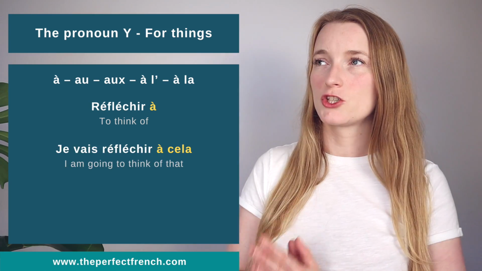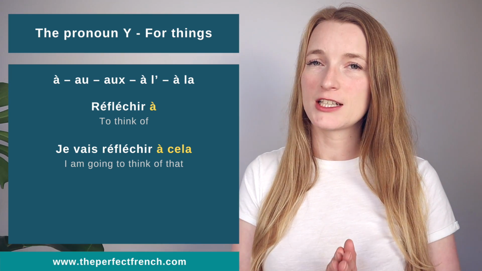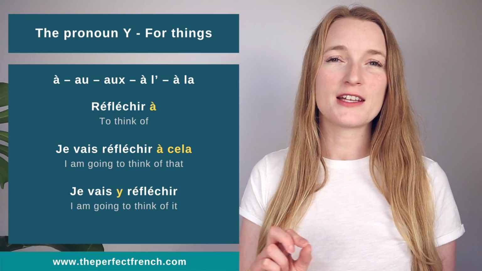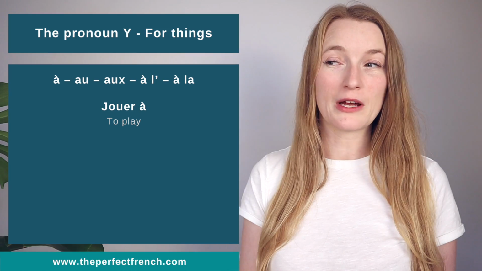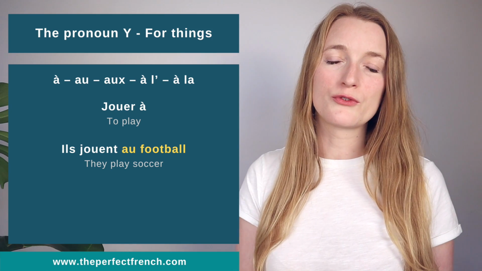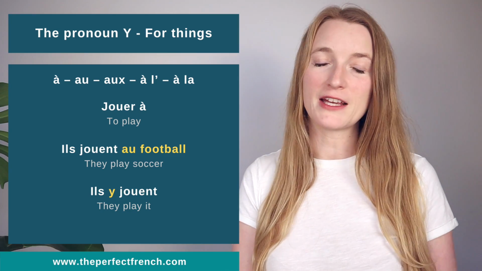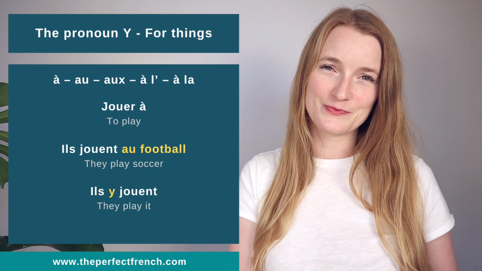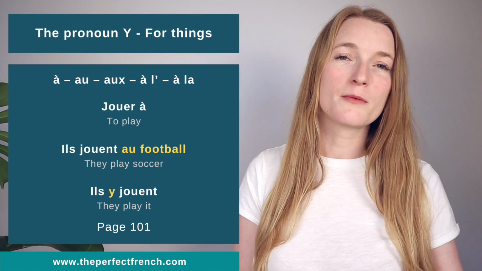Another one, réfléchir à. Je vais réfléchir à cela. À cela can be replaced by y, so je vais y réfléchir. Very common one, jouer à. Il joue au football. Au football will be replaced by y, so we have ils y jouent. You can find a complete list of verbs followed by the preposition à in the book, page